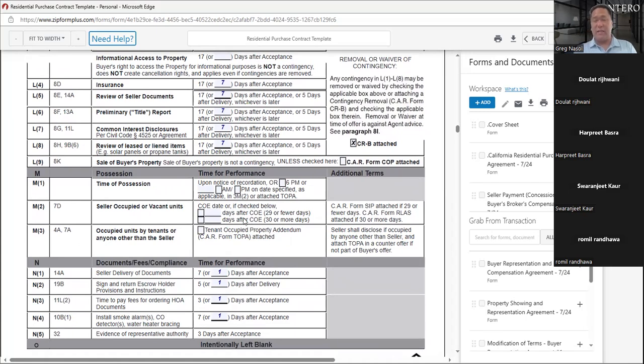If it's a listing that's tenant occupied, it's TOPA. If it's a seller renting back 29 days or less, it's SIP; 30 days or longer, it's the RLAS, as it spells out here. Now, as far as possession, as a listing agent I typically would want possession, unless it's vacant. I usually will counter this to make it until 11:59 p.m. on date of recording. Remember, upon recording, which happens around 1 o'clock in the afternoon, sometimes later, sometimes earlier,